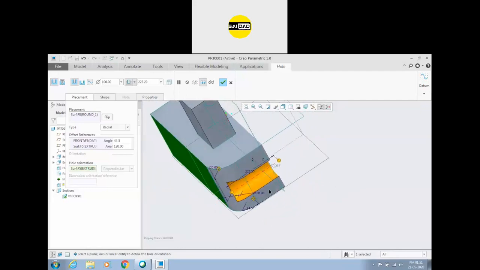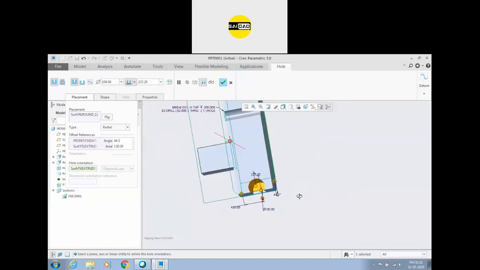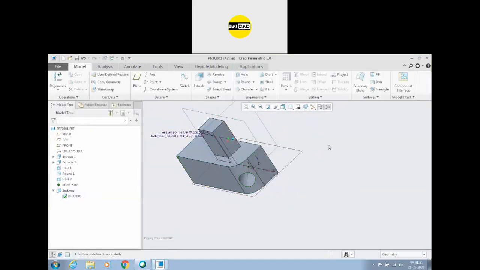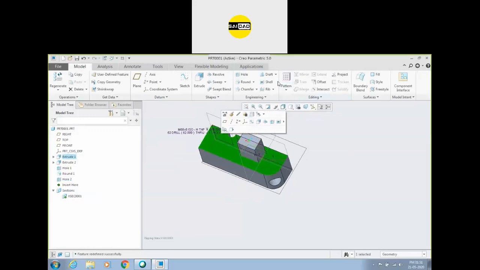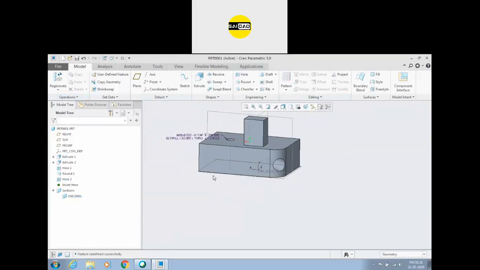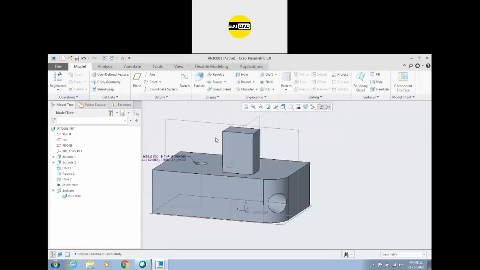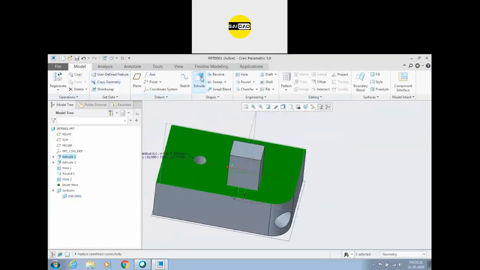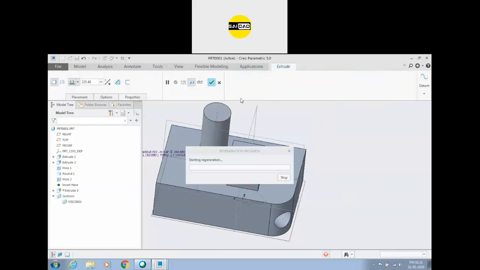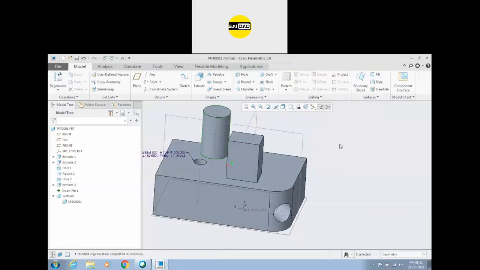Okay, so right now I'm going to remove that. I'm going to first disable the section, create a circular entity on the top, click OK like this one.